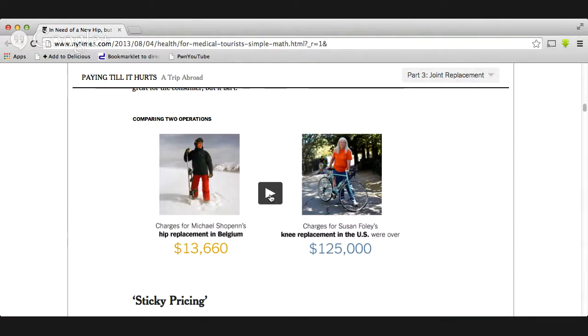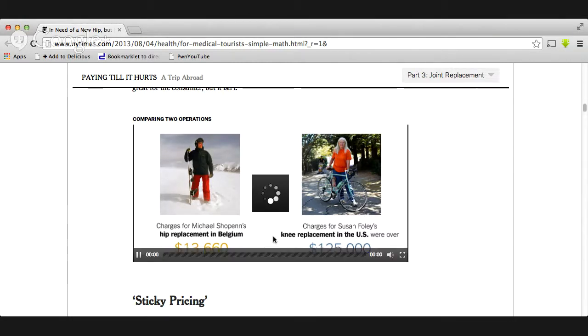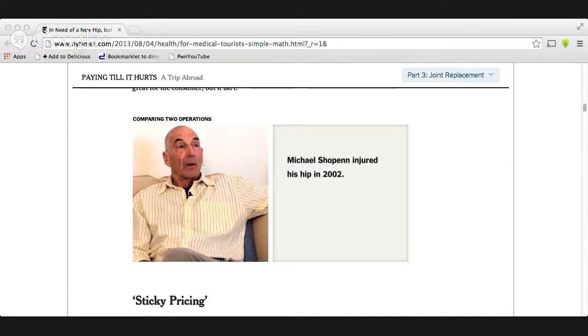All right, so if I click on this little thing here, comparing the two operations, it's going to take a while to come in. Oh, okay, this is interesting. It's a little New York Times video that's going to happen. It's video content. But basically, it's a bit of reporting that has in it some nice graphics, some quantitative, visual display of quantitative information.